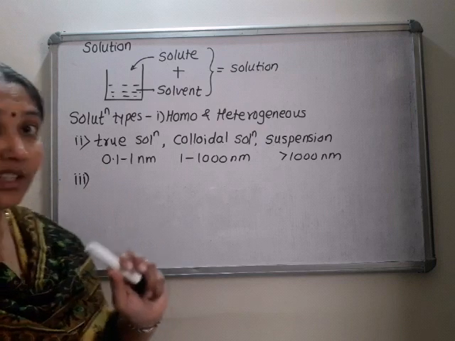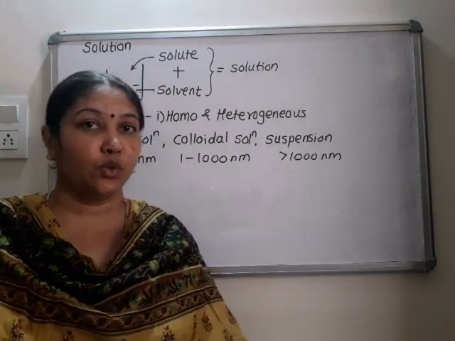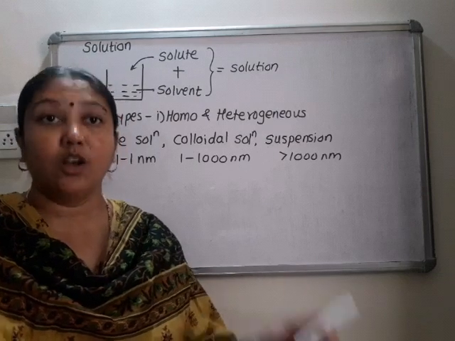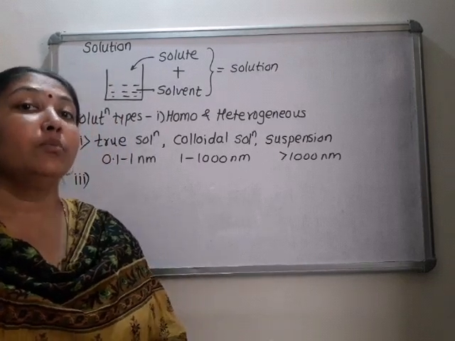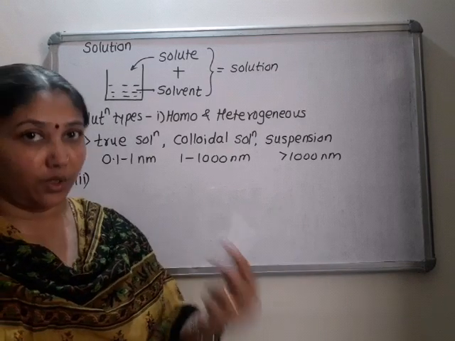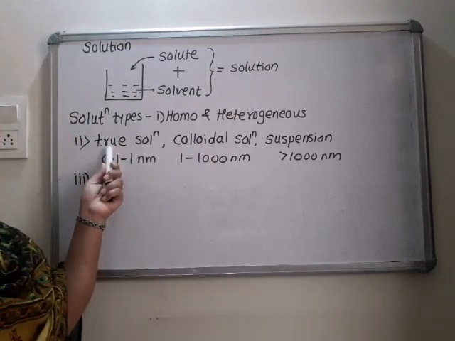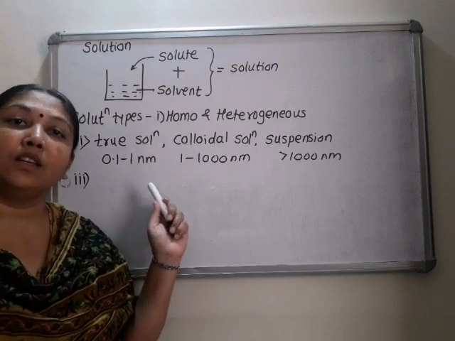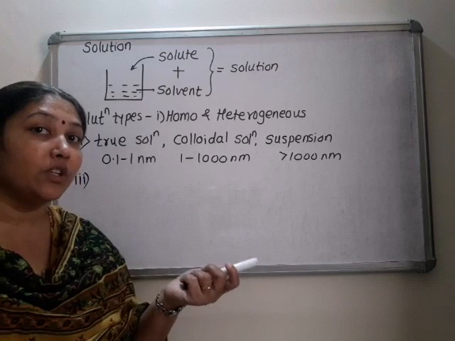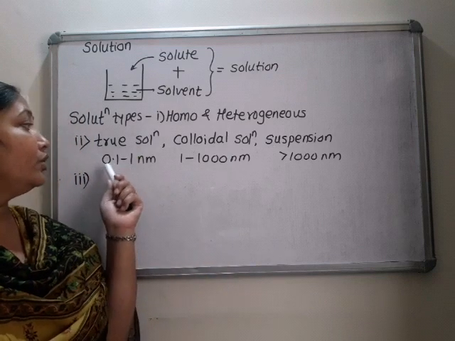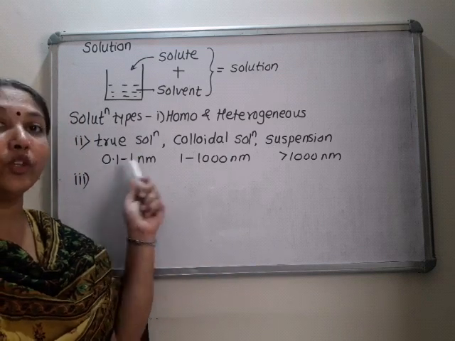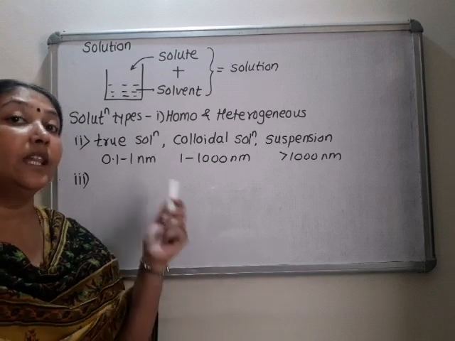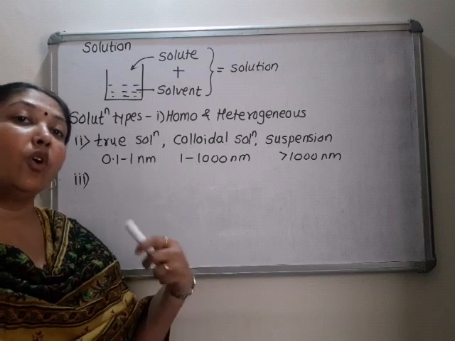First of all, is this clear? What is meant by solution? So solution is a mixture of two or more substances. Homogeneous solution means uniform mixture of two or more substances. So one example of homogeneous solution is true solution. True solution means what? Particle size is very small. Small means how much is the particle size of that solute? It lies in the range of 0.1 to 1 nanometer. So there are total 9 types of true solution.